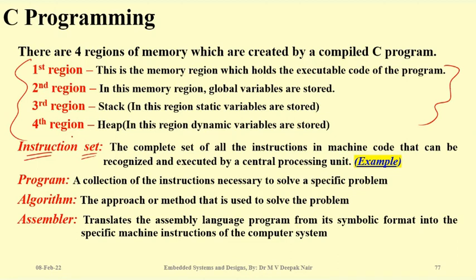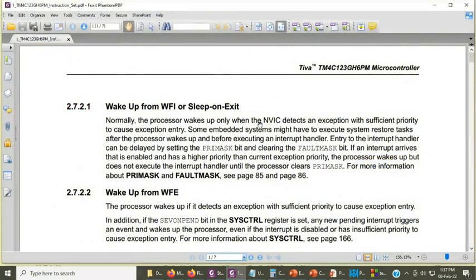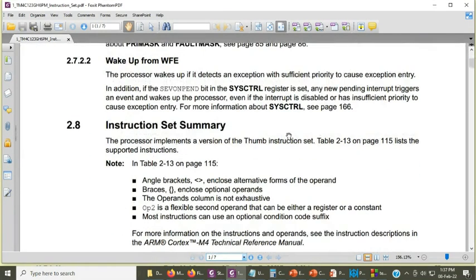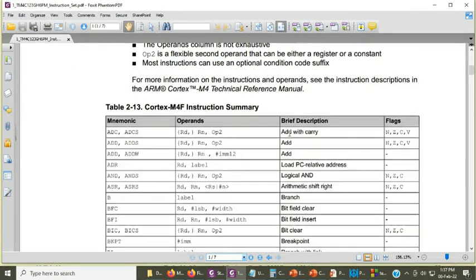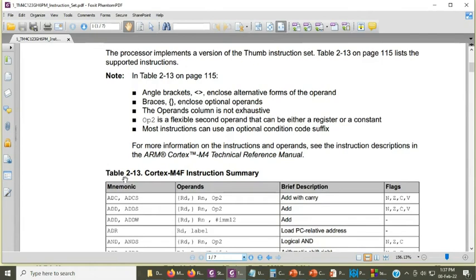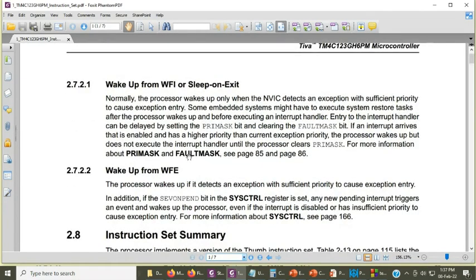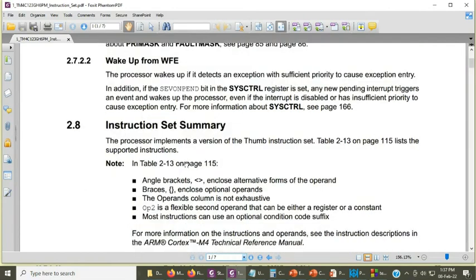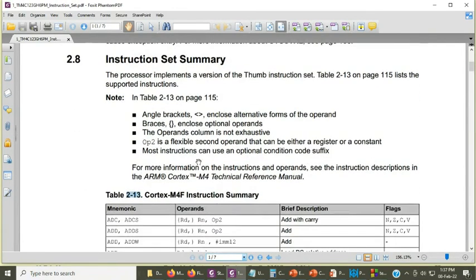So when we talk about the instruction set, we should go for the instruction set of our microcontroller, that is TM4C123GH6PM. In the data sheet, you can go and check table number 2.13. I request you all to open that, so that you can be familiar with the data sheet.